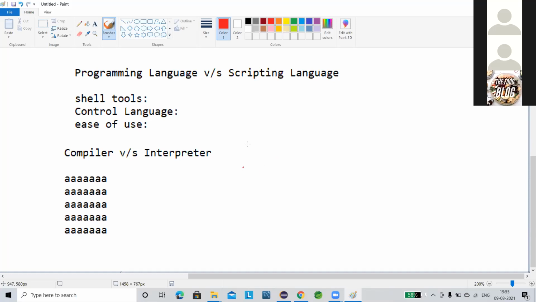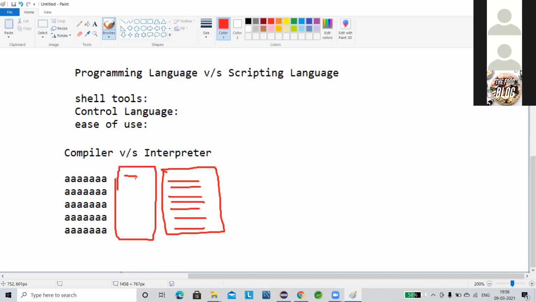Now, what does the interpreter do? It reads each line, converts it and provides the result corresponding to that. Similarly for this one, and this one, and this one. Then here is my complete result of the interpreter. Maybe in some interpreted languages there will be a binary stream. The compiler starts reading line by line, and when the lines end, it converts the whole content into a byte stream or bytecode format.